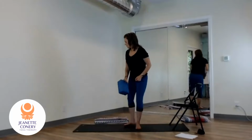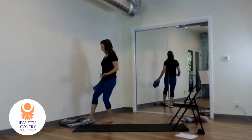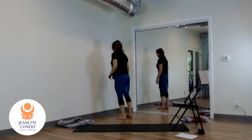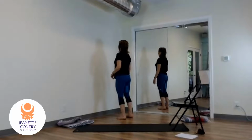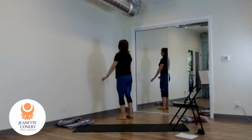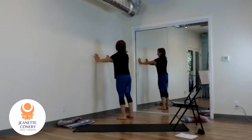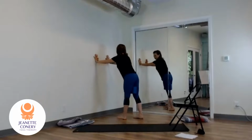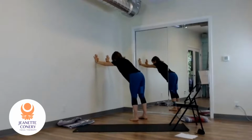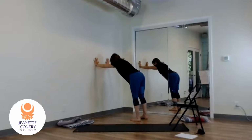So let's face the wall and find that alignment again. We won't spend that much time on it this time. Just touch base with your inner mountain here. Place your hands on the wall at about shoulder height and walk your feet back. Okay, so when you walk your feet back, you might want to bring your hands down a little and find